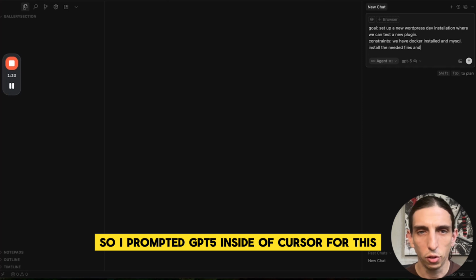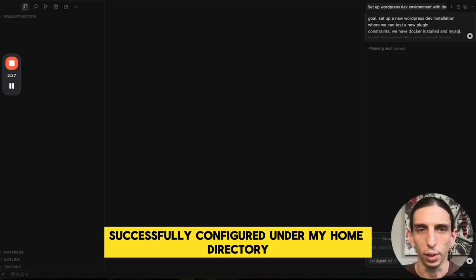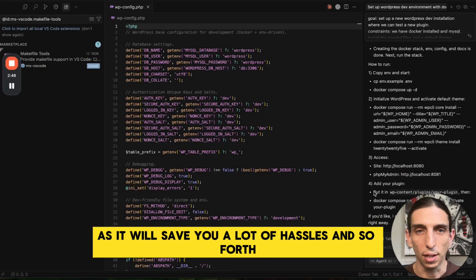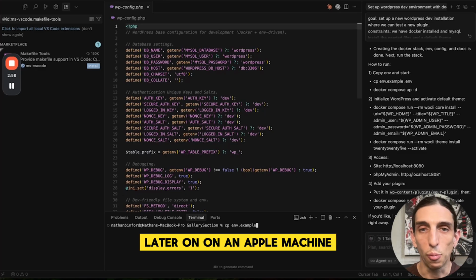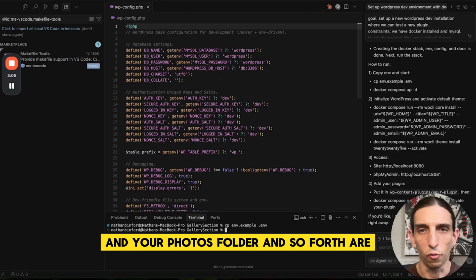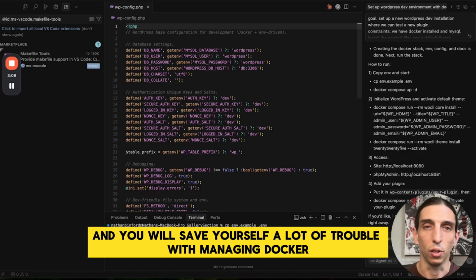So I prompted GPT-5 inside of Cursor for this, and a few minutes later, we had a Docker container and a WordPress installation successfully configured under my home directory. Pro tip: always install your Docker-related projects in your home directory, as it will save you a lot of hassles with permissions and other settings later on. On an Apple machine, just go to /users/ your username, where your applications folder and your photos folder and so forth are, and then create your repo there, and you will save yourself a lot of trouble